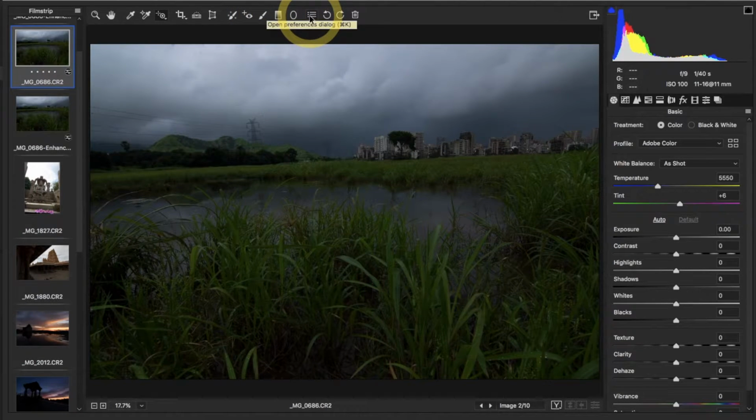After that you can open the preferences dialog box. Here we have already done corrections in our preferences. Then there is a rotate image 90° left or right option, and then there is a recycle. Okay, so the first thing